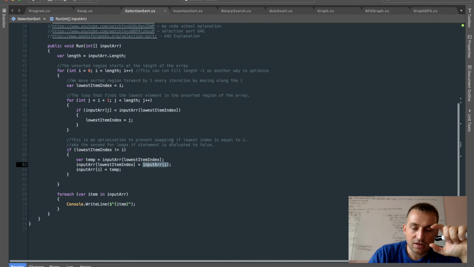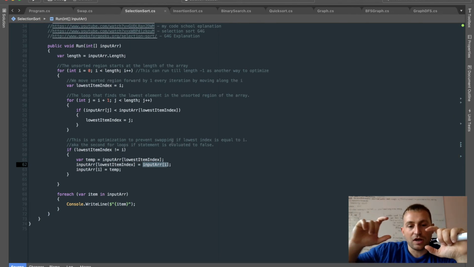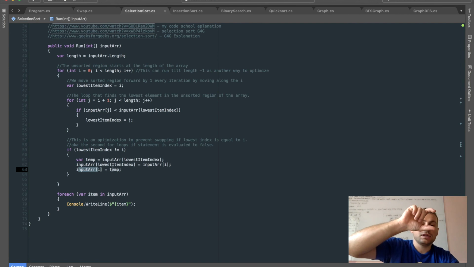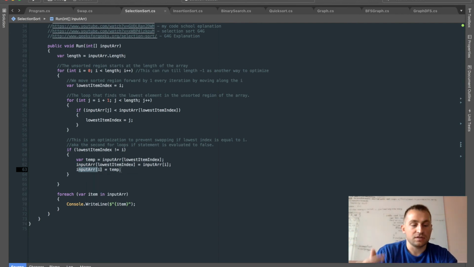So we say the lowest element in the unsorted region now swaps with the first element in the swap. And then obviously we also need to have a value at I, right, which is our temporary variable. So I being that first element is now the lowest element. So that does our sort. And so then we continue on here,